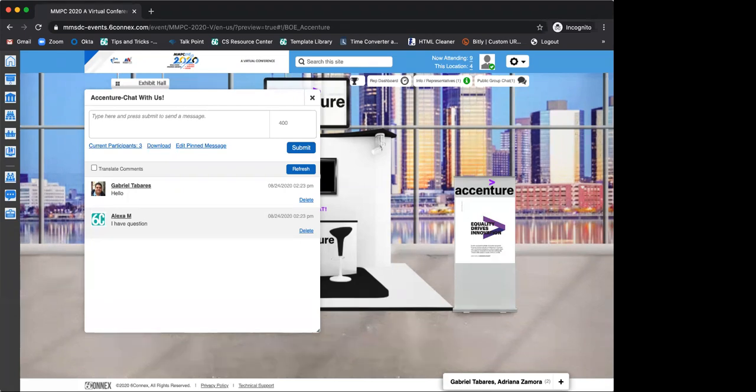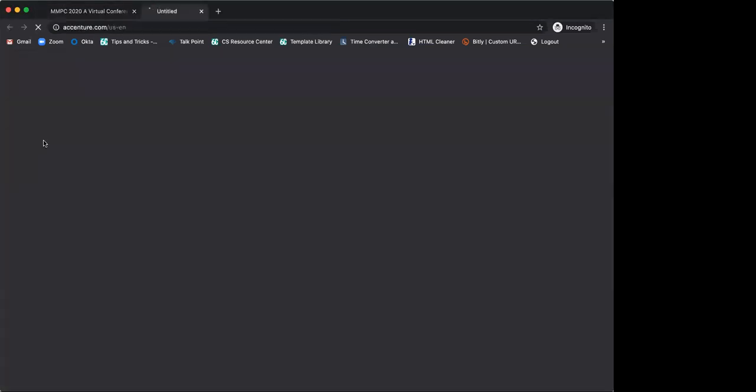No, some people have booths on Career Fair Day, which is that Monday, and some have booths also for the BOE, which starts on the Tuesday. So you're still going to log in. You will still get to your booth the same path. It'll just be a different exhibit hall. Correct. So the only difference is that, let me take this away. I'm sorry, I'm in another screen, clicking on another screen.